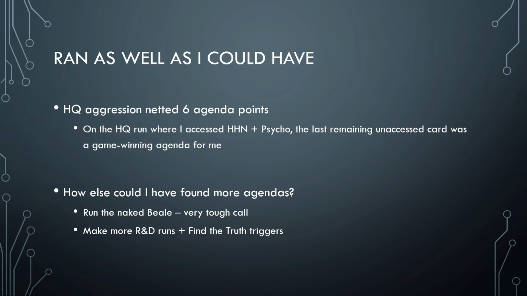Yeah, that run would have netted me the winning agenda two in three times. I really don't see any other way I could have found an agenda. Even if I did see an agenda on top of R&D with Finding the Truth, I would not have been able to access it because it was guarded by good ice and I didn't have my breakers out. There was just no tempo to get breakers out because I was running aggressively. Not to mention that,